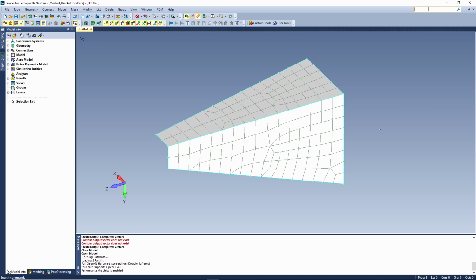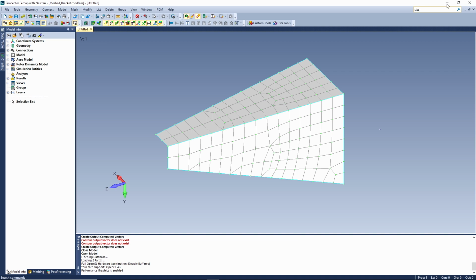You can find the command finder in SimCenter FEMAP up in the upper right-hand corner. Essentially what you do, like in a lot of other products, is type a text string and then click the little magnifying glass icon, and it's going to show you the commands and tools that can be used to do that type of thing.